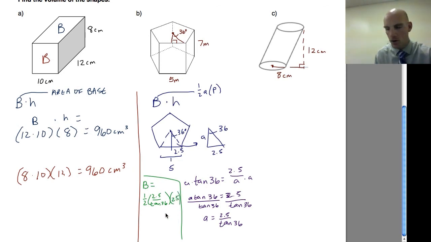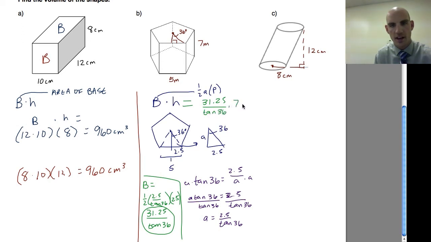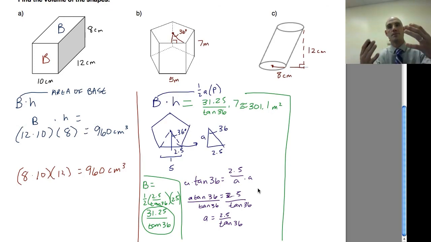Okay, and so what I end up with is, I've got it written down here, 31.25 over tangent 36. That's the area of my base. And so the area of the base times the height is equal to 31.25 over tangent 36 times 7, which is going to give me a grand total of about 301.1 meters squared. That's all there is to it. Area of the base. Base being something we already know how